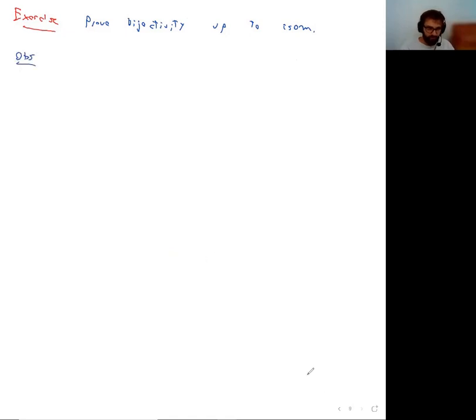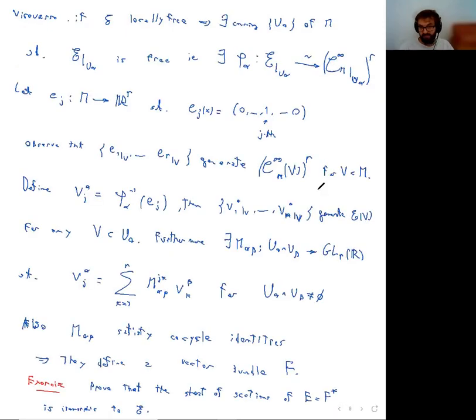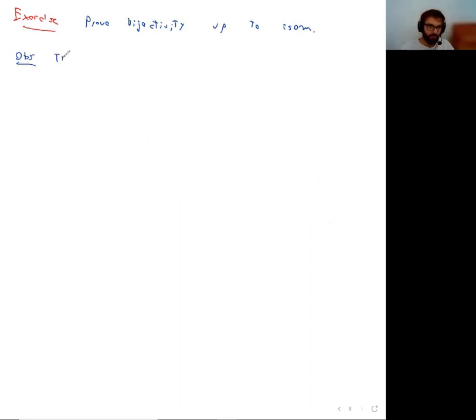And if you look at the proof, you will see that the fact that we were using smooth functions instead of, for instance, holomorphic functions doesn't really matter. So we have the same correspondence